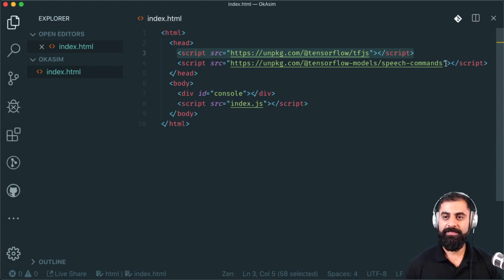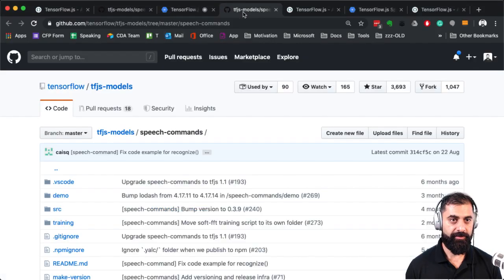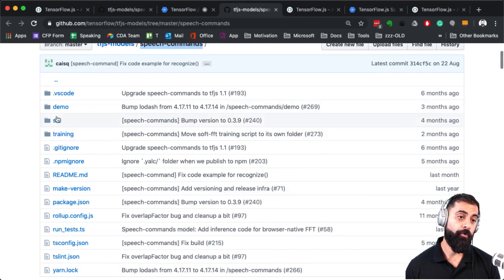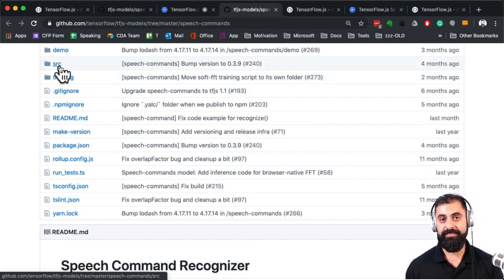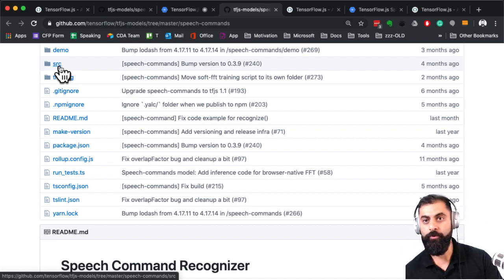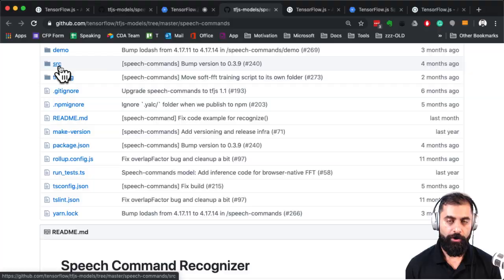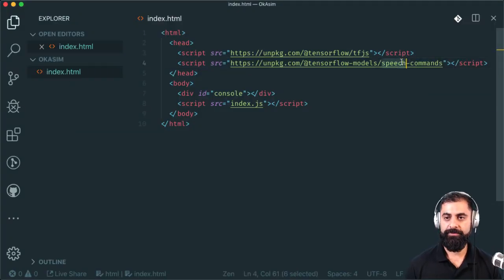And the next thing I'm going to import here is the speech commands, which is the stuff I showed you before. So this model here, which is the speech commands model, is essentially loading up all of that stuff, which is the actual model itself and all the surrounding JavaScript that you need in order to interact with that using web audio API and all the other goodness that's coming from speech commands.